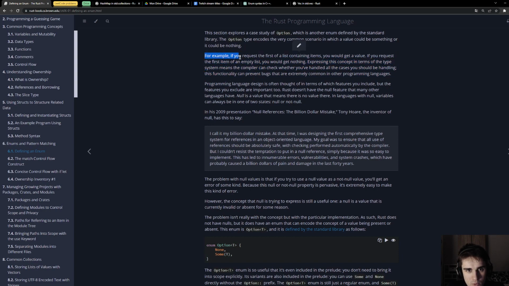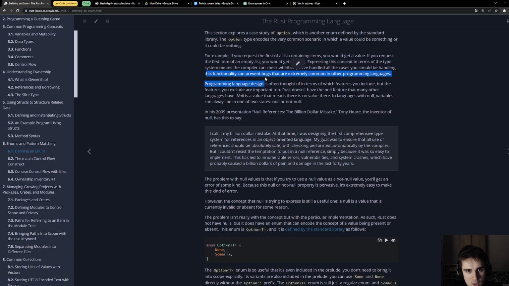For example, if you request the first item of a list containing items, you would get a value. If you request the first item of an empty list, you would get nothing. Expressing this concept in terms of the type system means the compiler can check whether you have handled all the cases you should be handling.